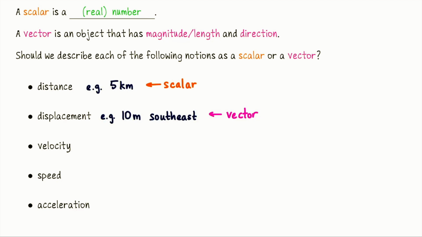Looking at velocity and speed here, it might actually be easier to start with speed. If I say I'm driving my car 55 miles an hour, then I've described the speed. So that's just a scalar quantity. Again, in conversation, we usually talk about speed more than velocity. When you're talking about velocity, mathematically, what you're giving is a rate of change together with a sense of direction. So velocity is like speed coupled with a sense of direction. Therefore, velocity is actually a vector.